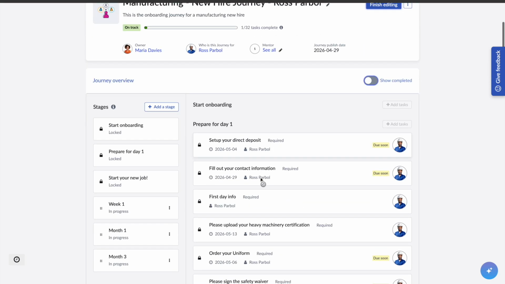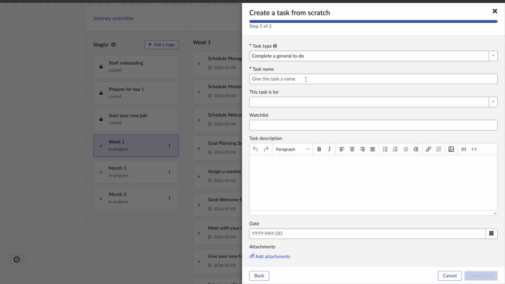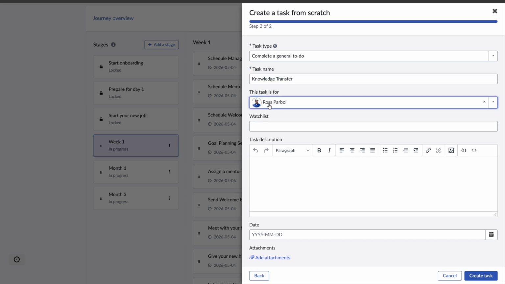Now, down on week 1, I want to add a task. And I'm going to build this task from scratch as opposed to using a template. I could use a template if I wanted to. Now, this task is going to be for a knowledge transfer. And I've gone ahead and I've assigned this knowledge transfer task over to Ross, and I'm going to create this